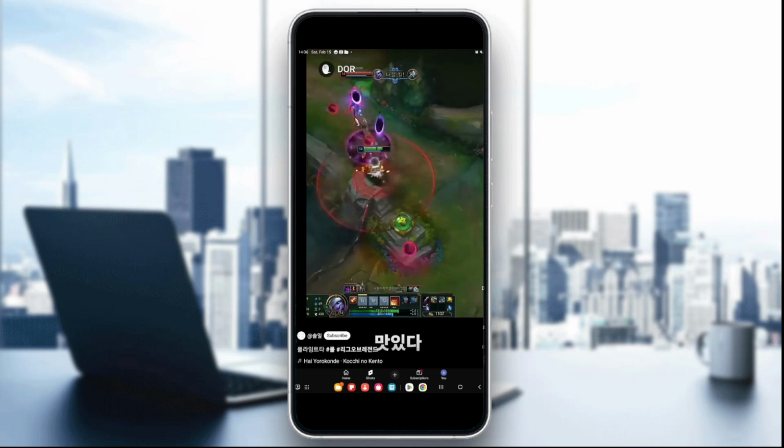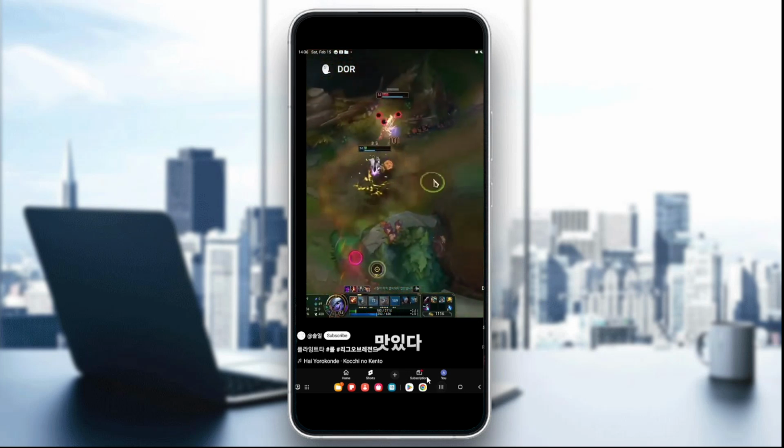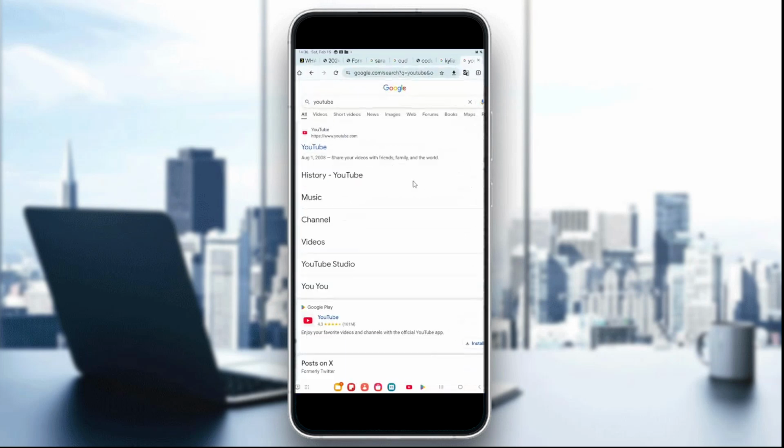The second step is to turn off captions on desktop, and to do that just open YouTube Shorts in your web browser and click the CC button at the bottom right of the video player, and then select turn off captions. As for the third step is to disable auto captions in settings, and to do that just open the